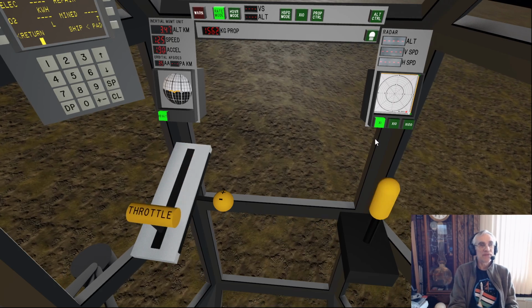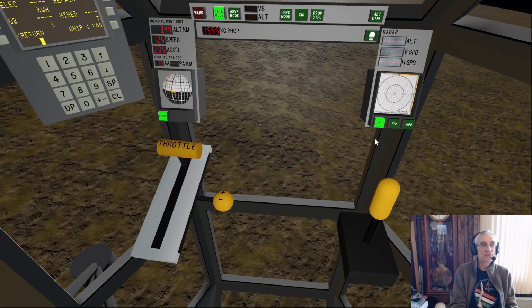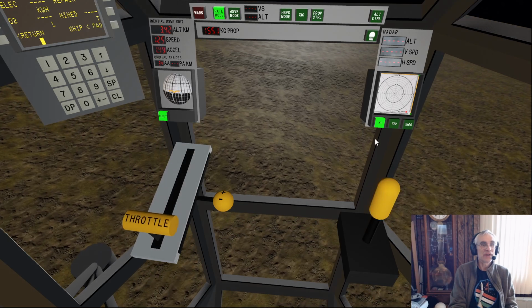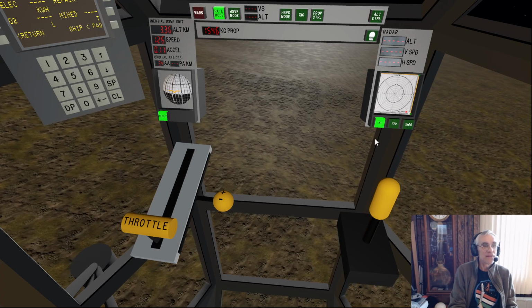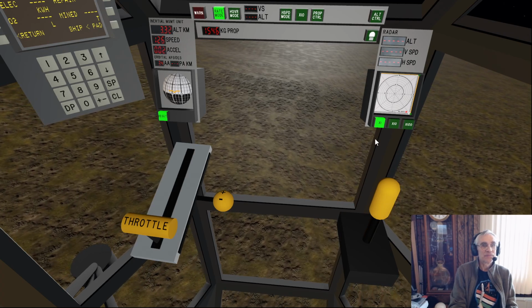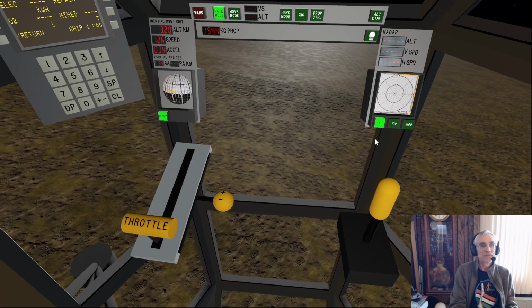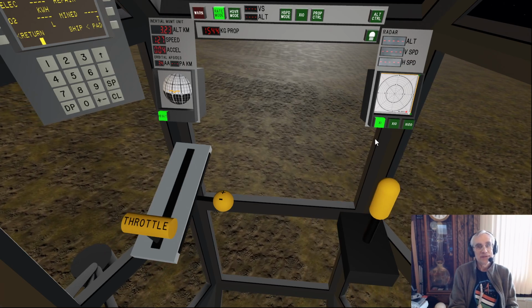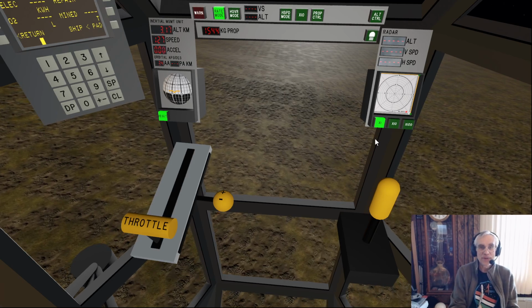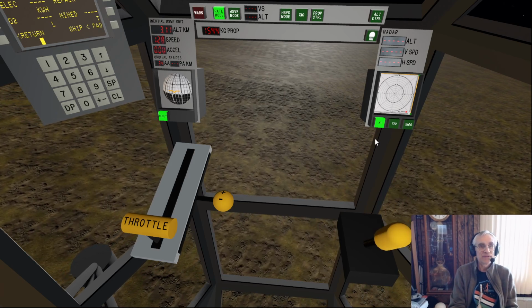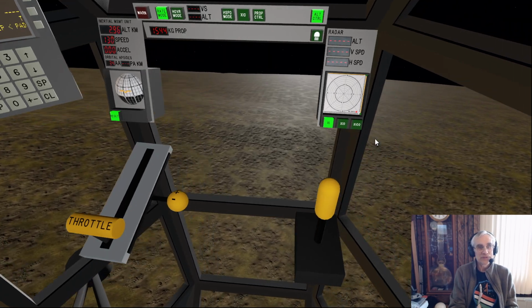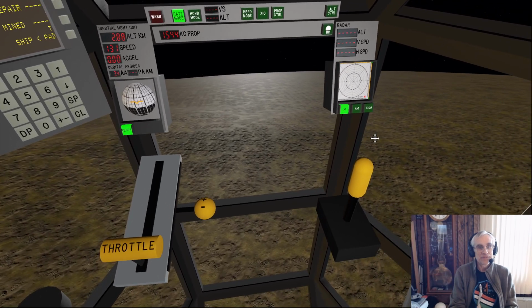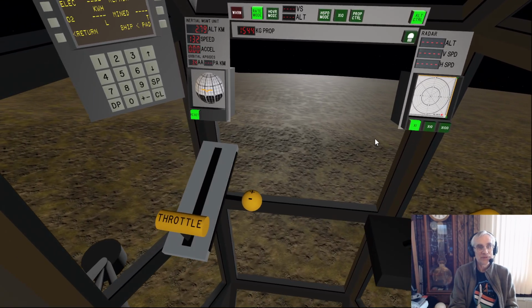So you can imagine, this is just one small area on the surface of this moon. There's an entire planet to explore here. You know, the game is still in development. I've got a lot of work left to do: different kinds of landing pads, missions, goals, all of these cool things to do.